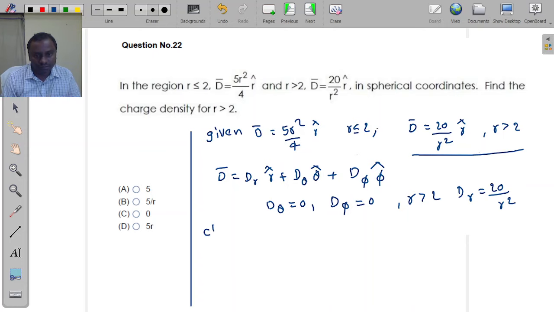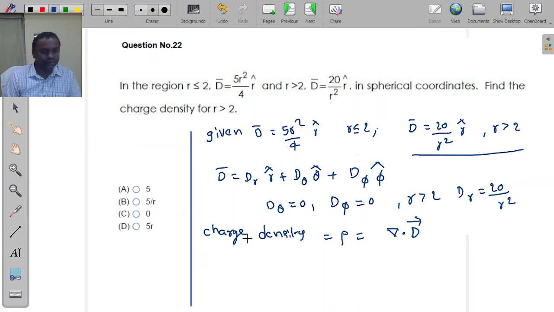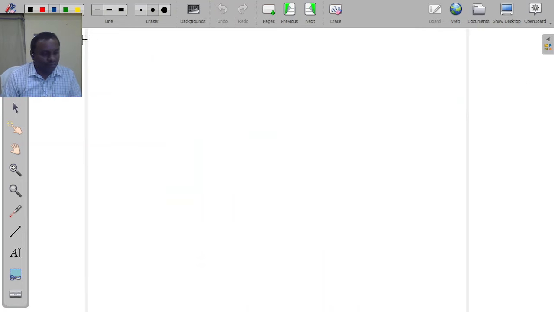Now, charge density is rho equal to del dot D, divergence of D. For spherical coordinates,